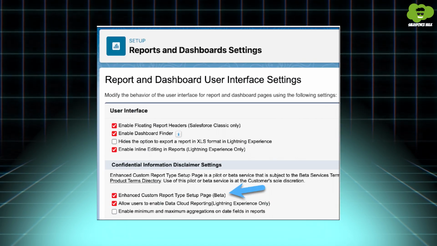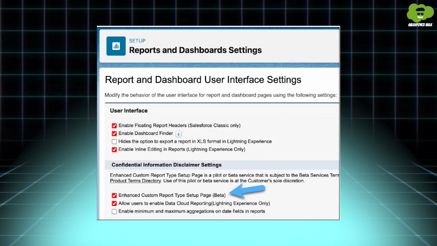Our sixth feature is custom report types. It has finally arrived. This opens up so many possibilities for report customization, allowing you to tailor your report formats to fit the needs of your organization. The new layout editor for report types offers more flexibility and makes it easier to manage custom fields and actions.